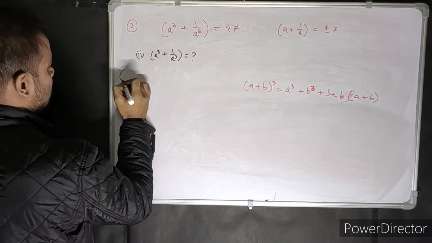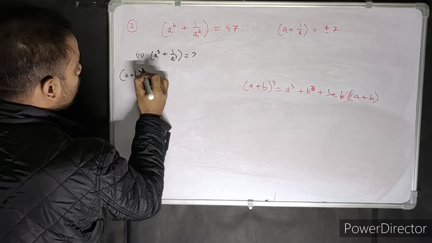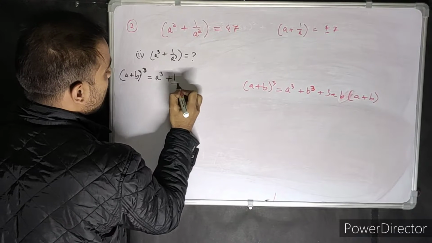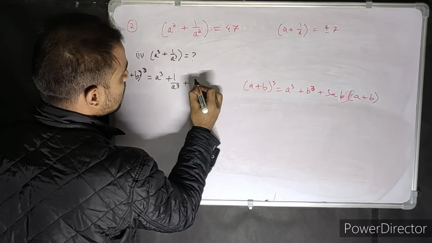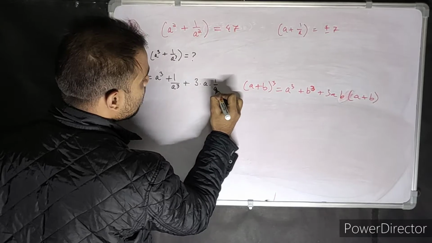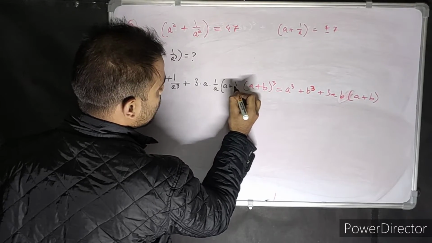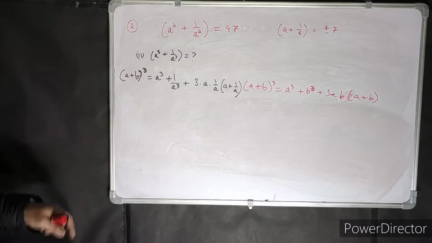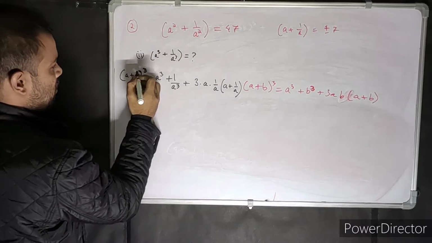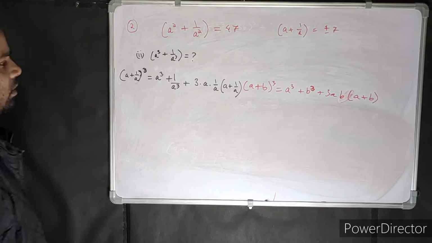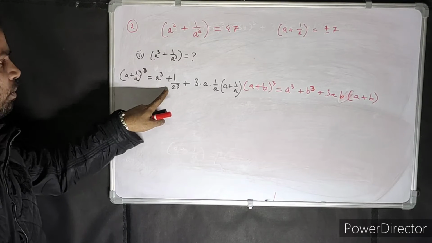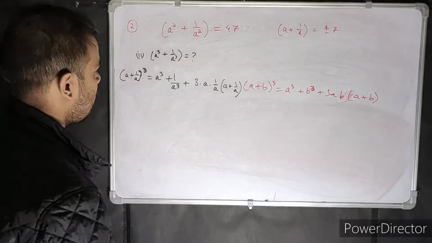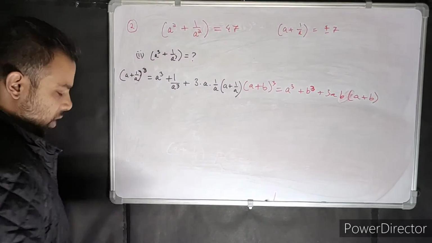I'm wasting too much time talking. (a+b)³ is equal to a³ + (1/a)³ + 3 into a into 1 by a into (a + 1 by a). So I've used this formula. You can check it out. I had written ab over here, that is a very big mistake, 1 mark will get cut. So (a + 1/a)³ = a³ + 1/a³ + 3 into a into 1 by a, and (a + 1 by a). Now that's my answer for a plus 1 by a.